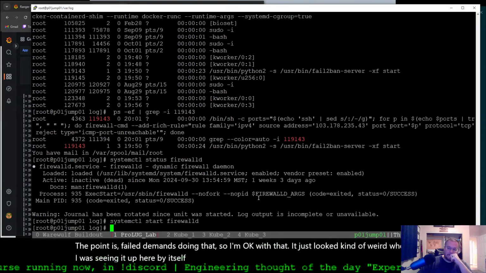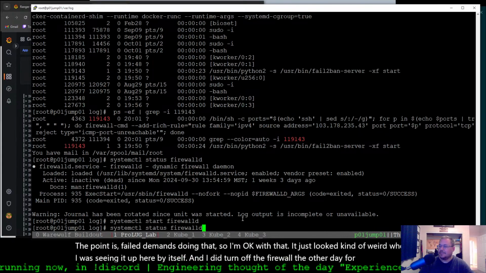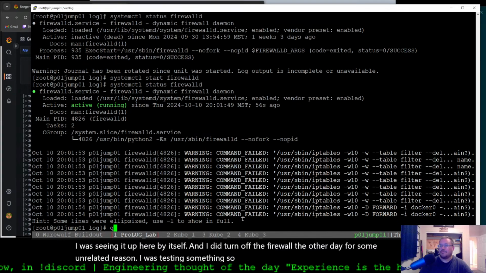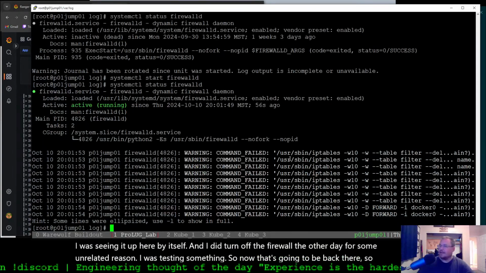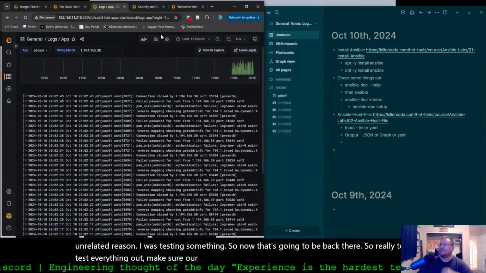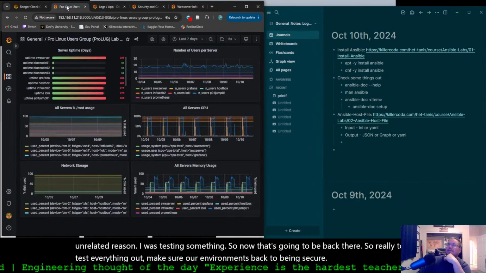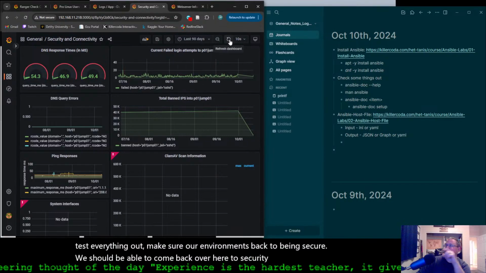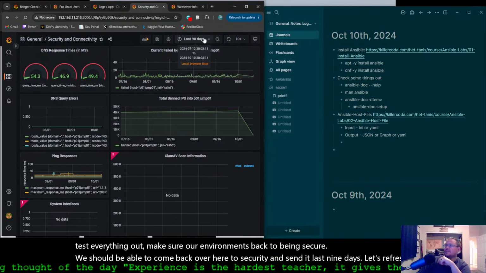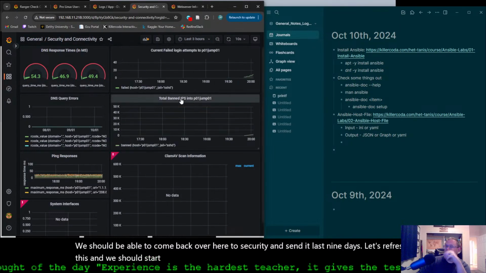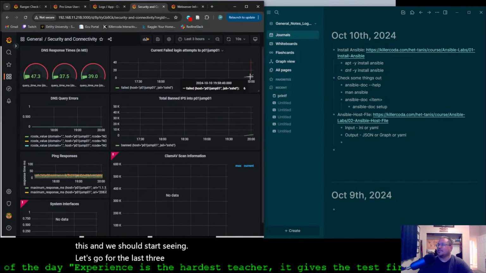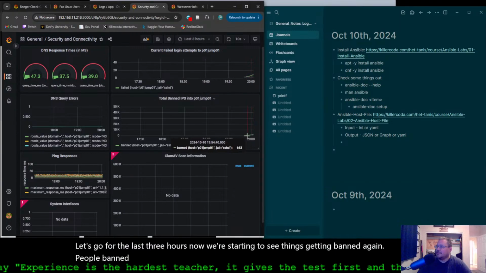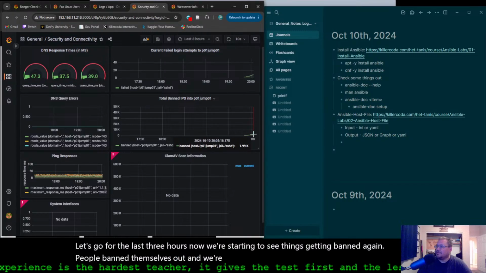And I did turn off the firewall the other day for some unrelated reason. I was testing something. So now that's going to be back there. So really to test everything out, make sure our environment's back to being secure, we should be able to come back over here to security. And instead of the last 90 days, let's refresh this. And we should start seeing, let's go for the last 3 hours. Now we're starting to see things getting banned again. People have banned themselves out, and we're already back up to